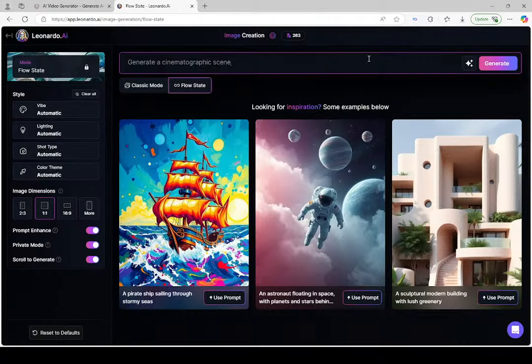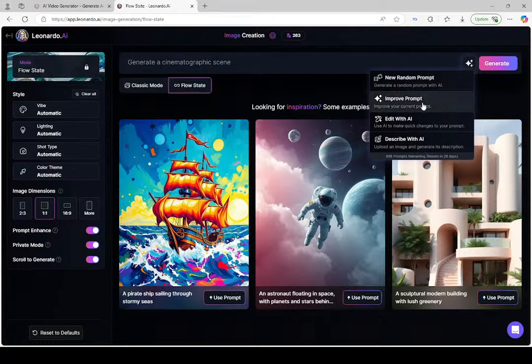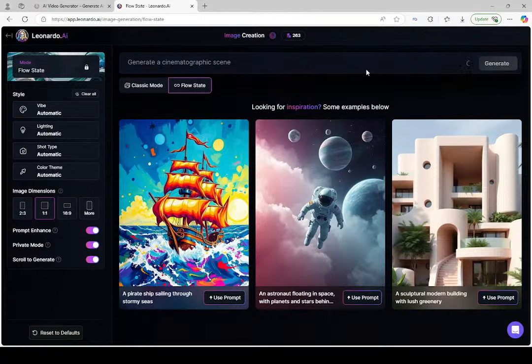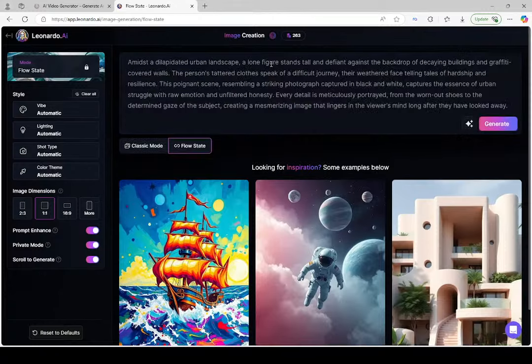And it's just a simple prompt here, but there's a feature that I want to show on this side. You can either create a random prompt, but here is improve your prompt, which means it's going to look at the prompt that you've already written here, and then it's going to suggest how you could potentially improve it to actually get what you're looking for. And then you can go on and read through this and make changes where you think it will be great to make changes. But since this is just for a demo, I'm going to skip that part and dive into